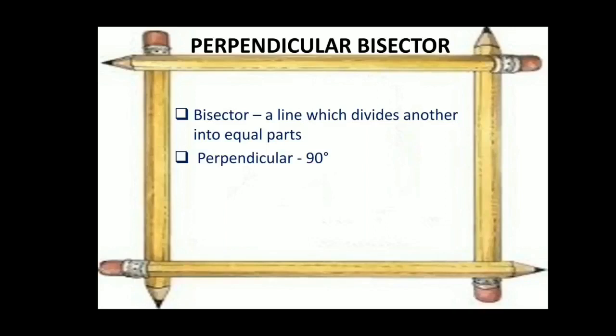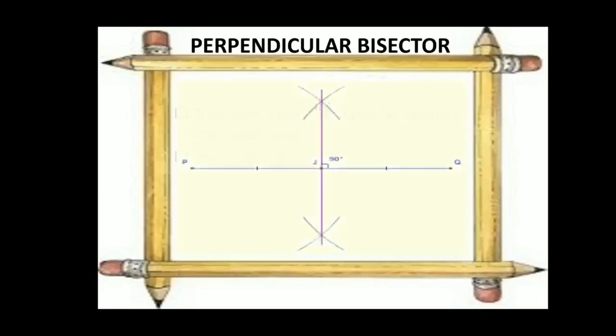Okay. So I will show you a picture. See, this is what you are going to draw now. Here you can see the line PJQ, and there is a pink line which makes an angle of 90 degrees with this PJQ. Did you see the figure? Yes. So we can say that the pink line is cutting PJQ into two equal parts, and also it makes an angle of 90 degrees. You can see the mark, it is marked there.